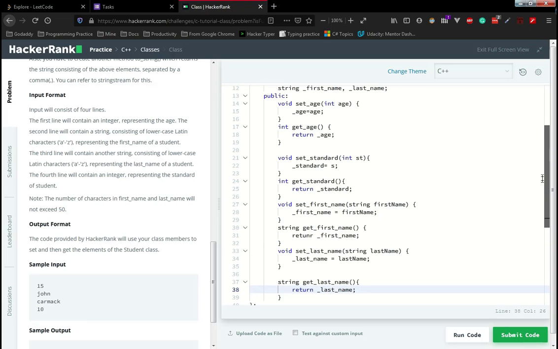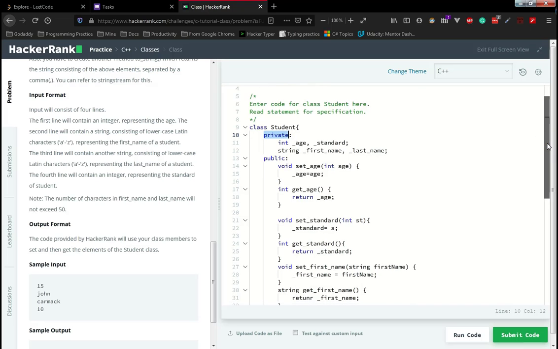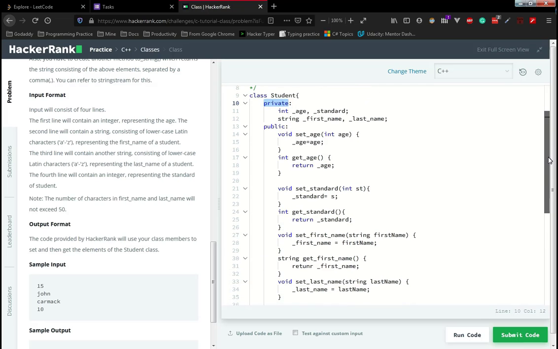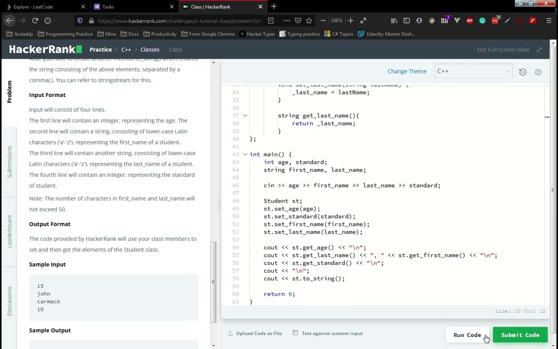So let's try to hit the run method. If you don't understand what a class is, what I'm trying to do is this: I have created one class called student. First I have the private members. This is called a private member. This is also called a private member of the class student. As a collection, we can call them the member functions and the member variables of the student. All the member variables are of type private, all the member functions are of type public. As per the program requirement, I have modified all the changes.